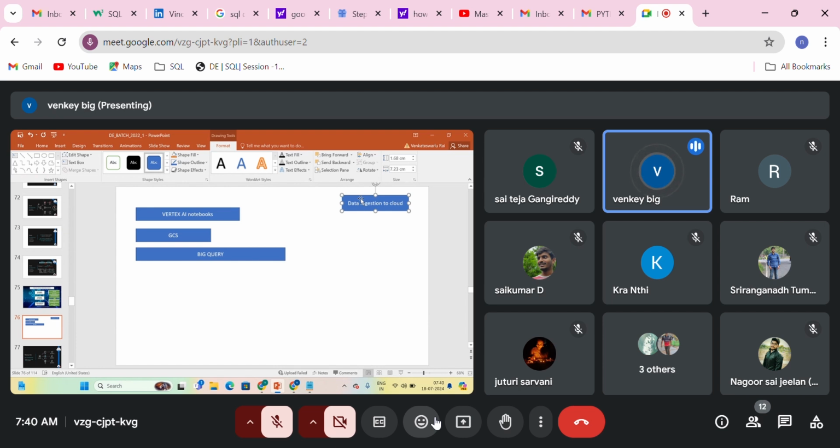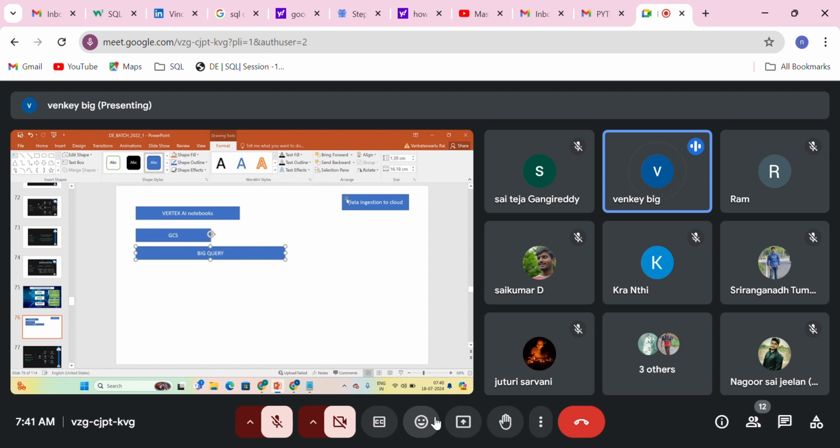Ingest meaning it may be to Google Cloud Storage, or it may be to BigQuery. From Oracle or from Teradata, how you will ingest the data to Google Cloud Platform. That is the first and foremost thing that we will see.